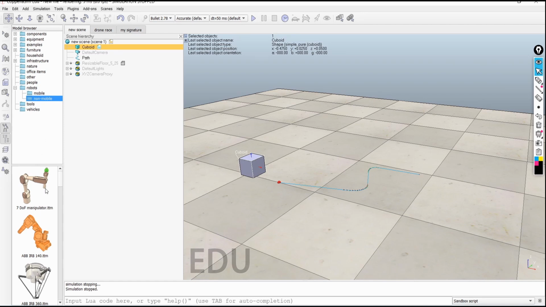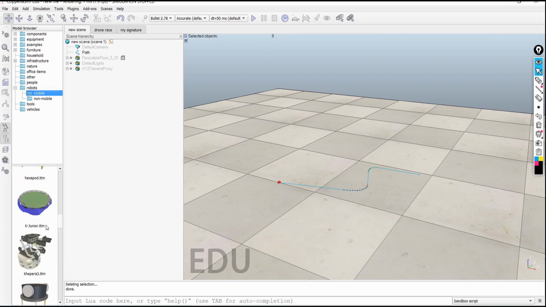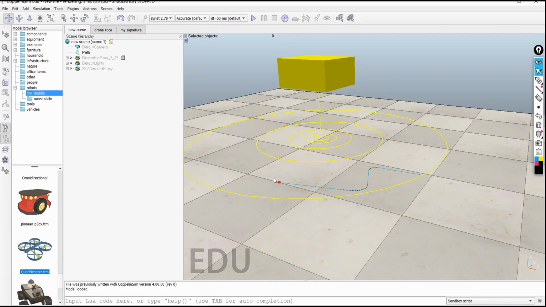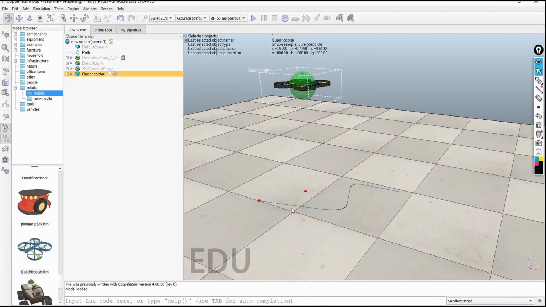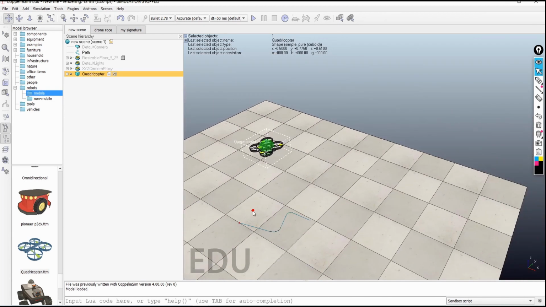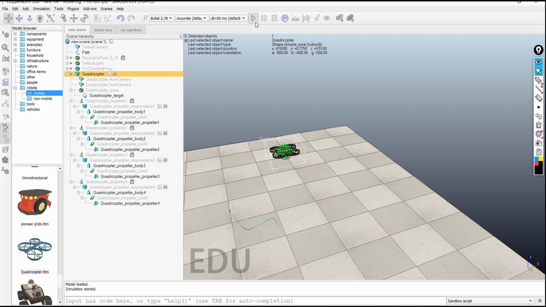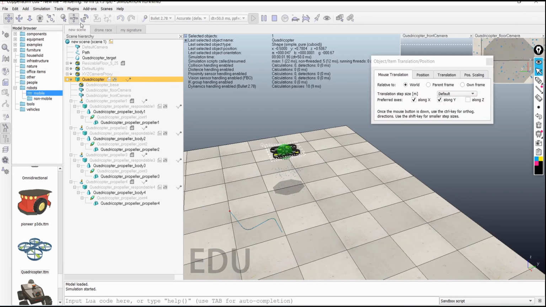So even I want to make you clear one more thing in drone. So let's bring drone. Let's go to mobile robots and we'll bring drone. Here it is. Okay. And in this drone, one thing you need to understand very much is that this is an object. I will play and show you what I mean by that.